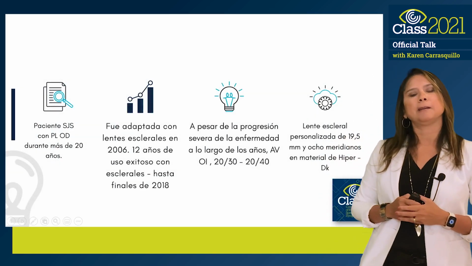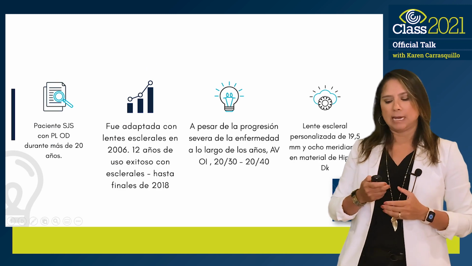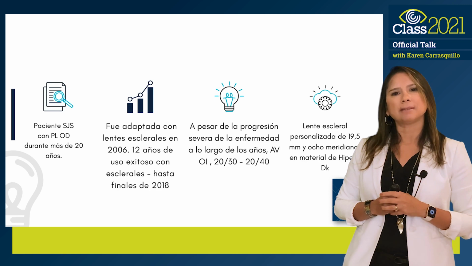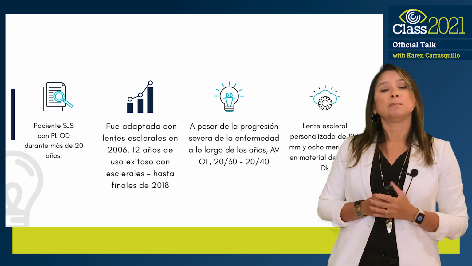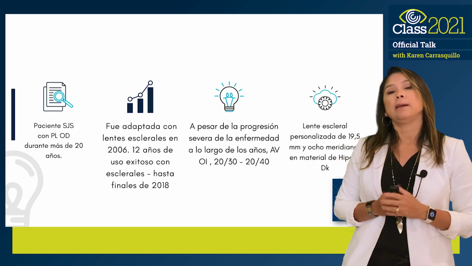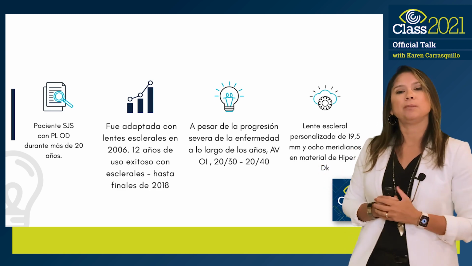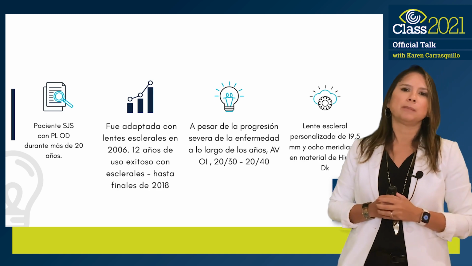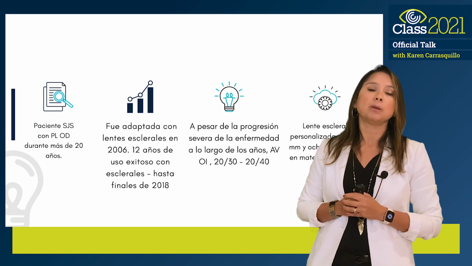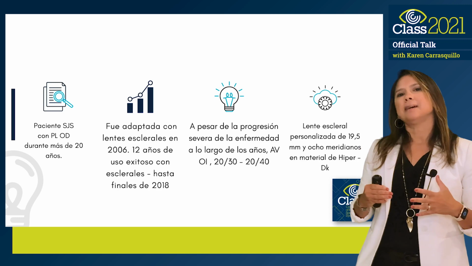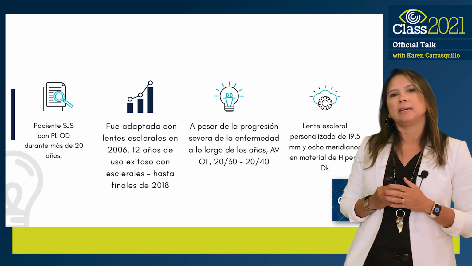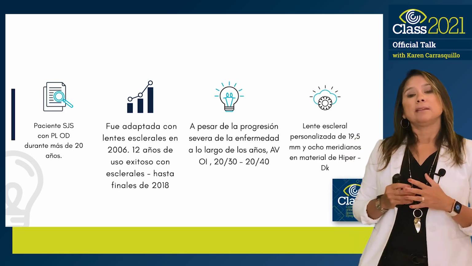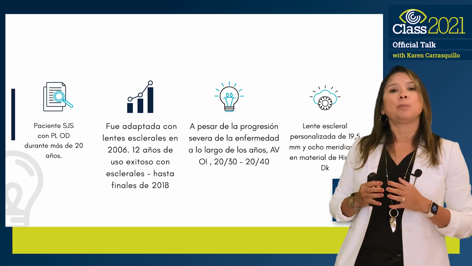The first case that I want to share with you is one of Stephen Johnson's patients who is monocular, and I have been treating this patient since 2006. She is monocular in the right eye, and in the left eye it is her only good eye. The right is completely conjunctivalized, and therefore the only thing she has is the perception of light in that eye. And from the outset, in a case as compromised as this one, I adapted this patient to a 19.5mm